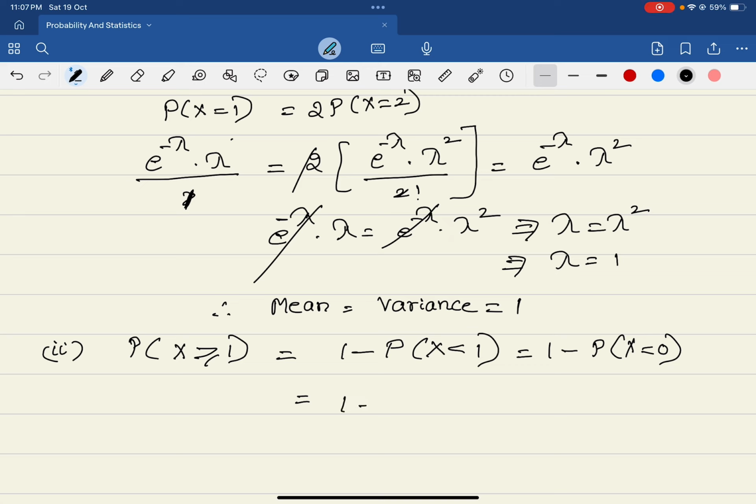That is 1 minus e raised to minus lambda into lambda power x, meaning 0, over 0 factorial. So what is this? 1 minus e raised to minus lambda, meaning minus 1. Lambda power 0 is 1, 0 factorial is also 1. So it is 1 minus e power minus 1. And what is this value? That is 1 minus e power minus 1. So that value gives you